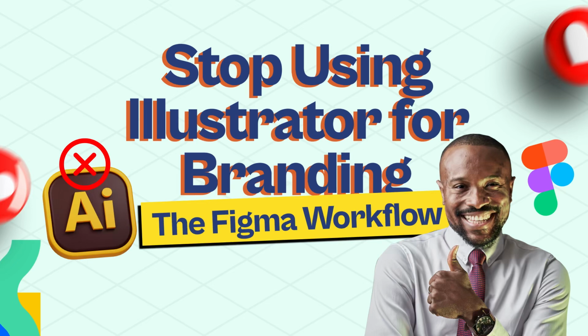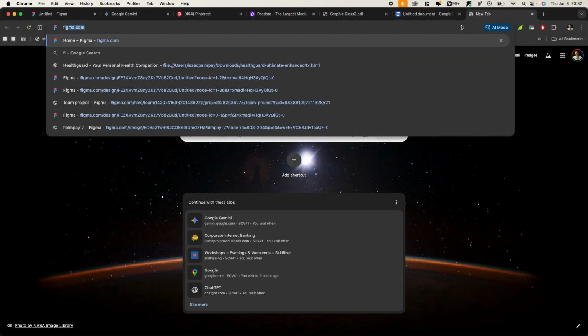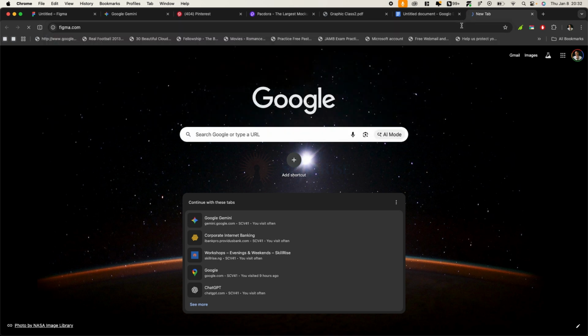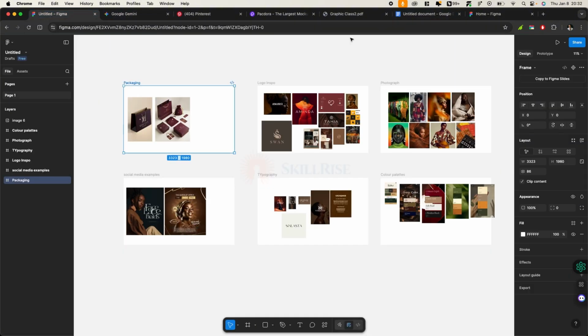To make use of Figma, for those of you that don't have Figma yet, all you got to do is just go to Google and search for figma.com. Oh, it's going to pop up my own account because I'm signed in already. So all you got to do is go to Figma, create an account, and